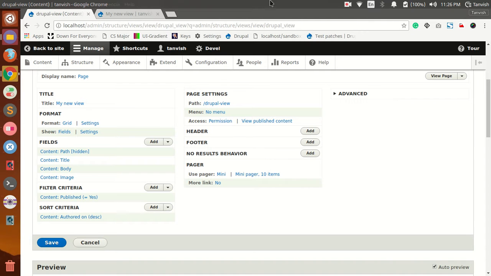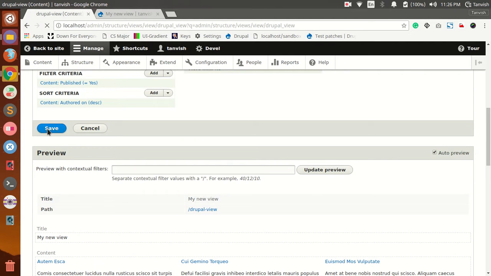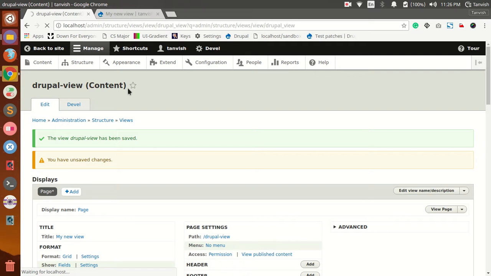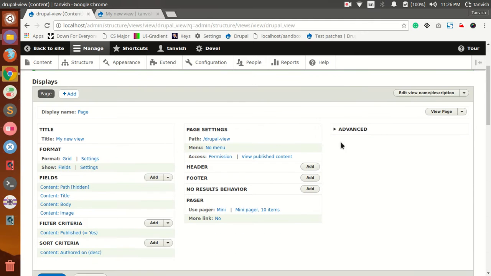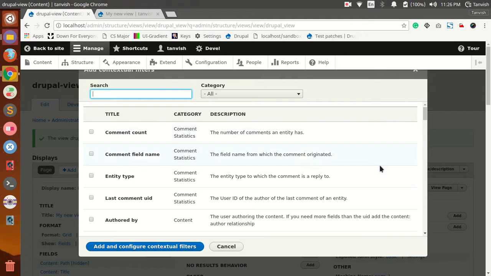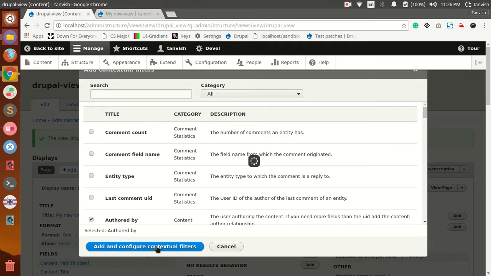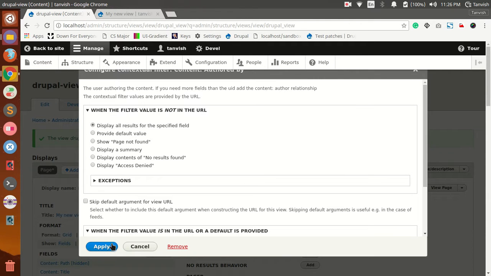Now let's say I want to look at blog posts from specific authors. In this case, let's say I want to view it from just Autumn Eska, or whatever the name is. So what I'm going to do is go to the advanced section and add contextual filters to it. If I add an authored by filter to it and click on apply,